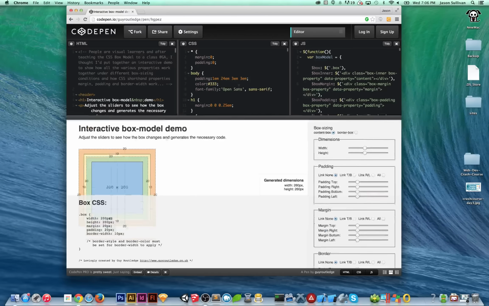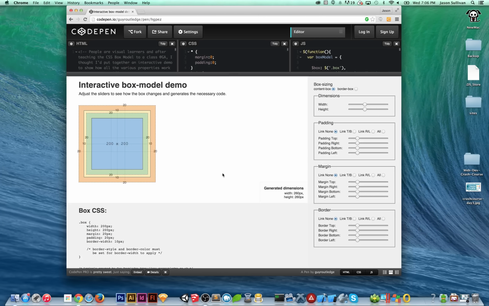I'm not going to worry too much about the code behind it because we already talked about how to structure a margin and padding and stuff like that. What I wanted you to see is how it all relates to one another. So the blue area is your content. The green area is your padding. That's your border, and that's your margin. So this is how it affects your